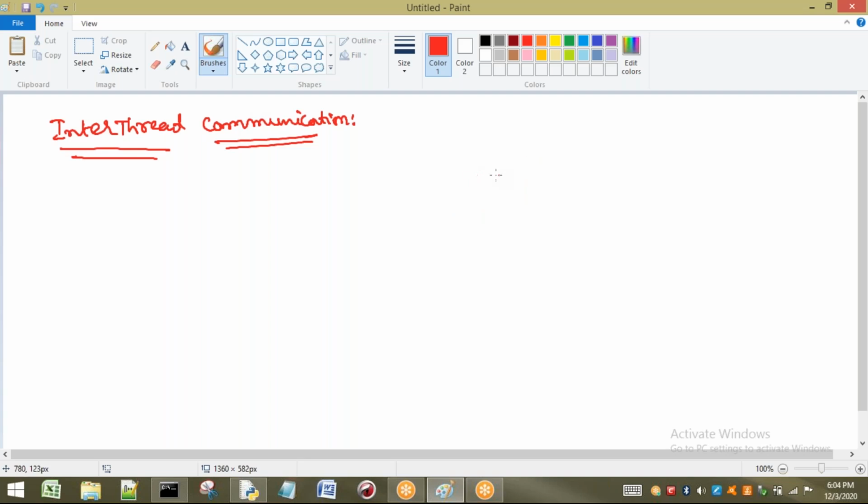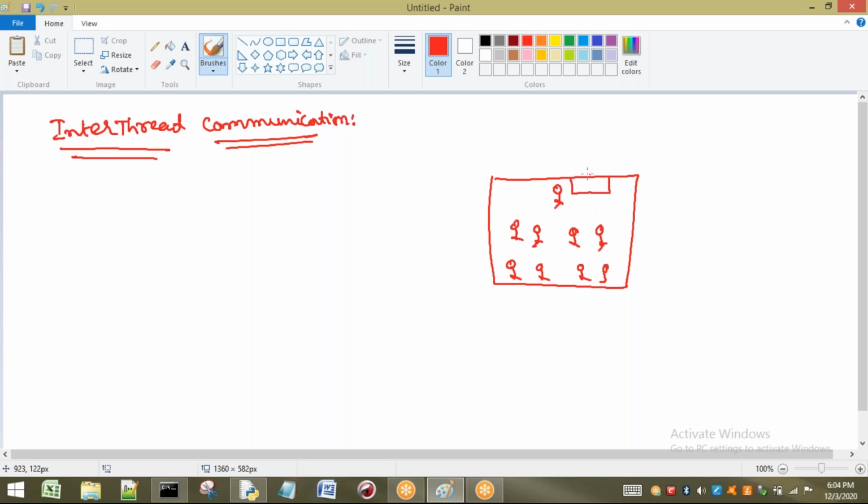See here, this is a classroom, for example. In a classroom, students and faculty will be there, and a board, blackboard or whiteboard, is there.